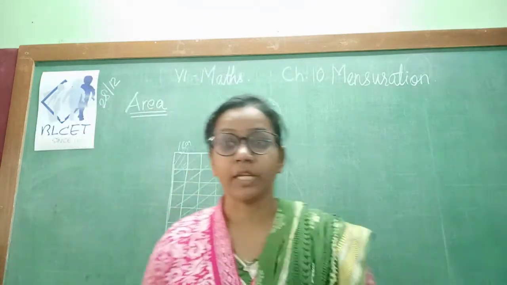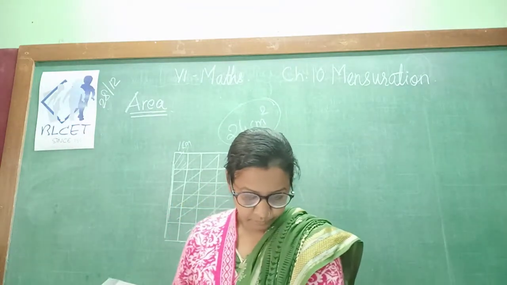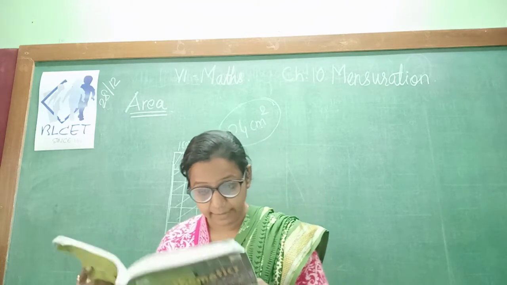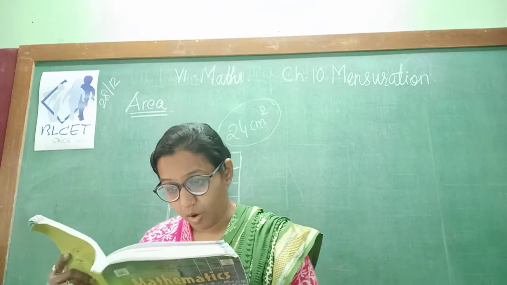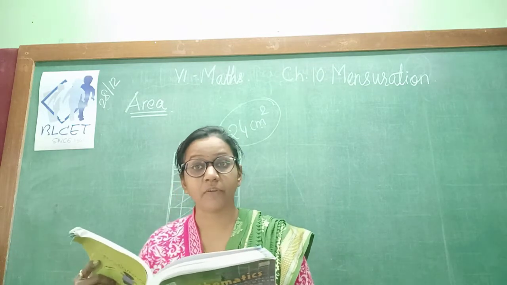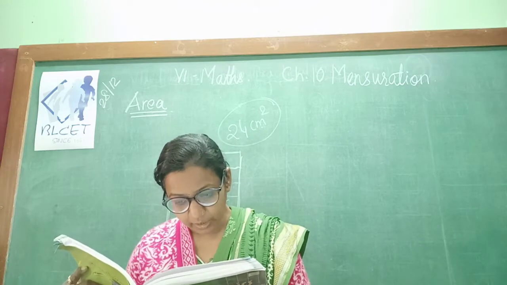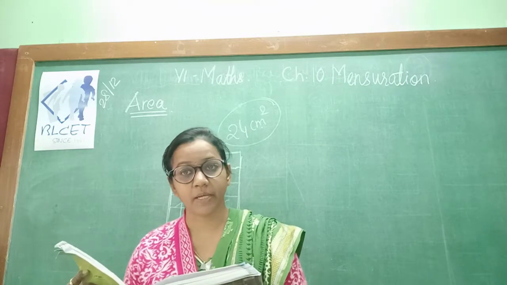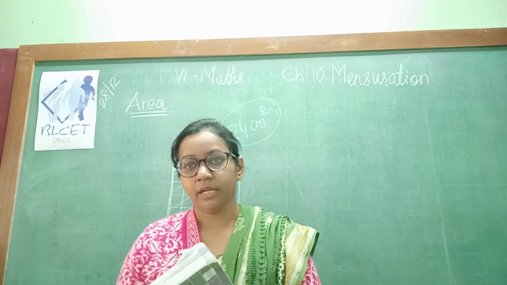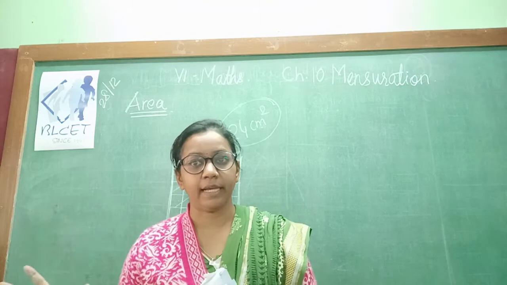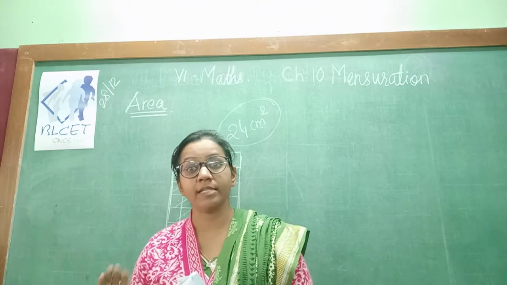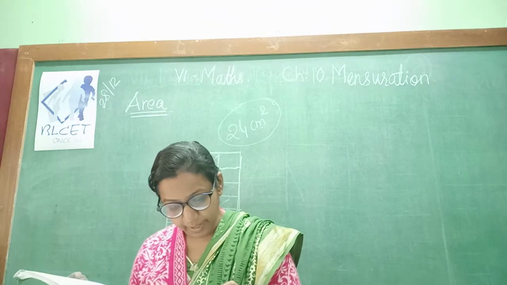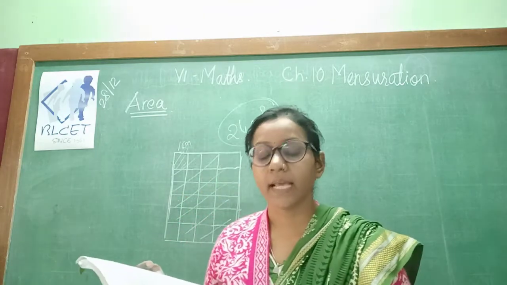Now let's see what is given in your textbook. So if you observe the textbook, what is the area? Look at the closed figure given below. All of them occupy some region on a flat surface. Can you tell which one occupies more space? If you observe the two diagrams, one is a small sphere and the other a bigger sphere. So we already know that the object which has the bigger diagram, bigger space, occupies more space, it has bigger area. So the amount of surface enclosed by a closed figure is called its area.